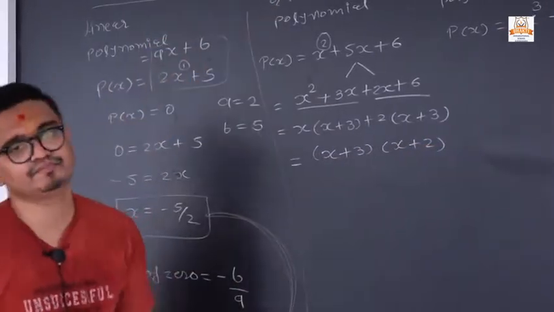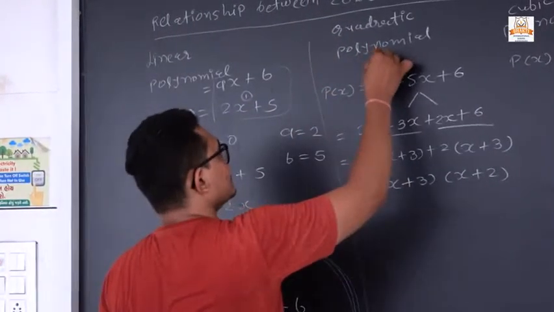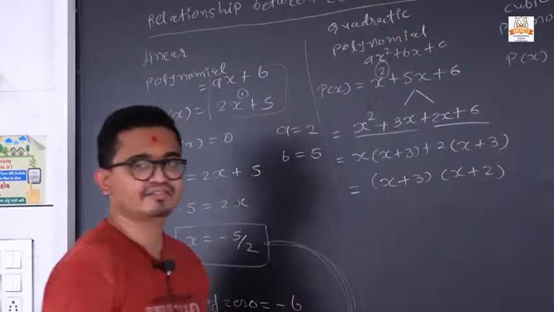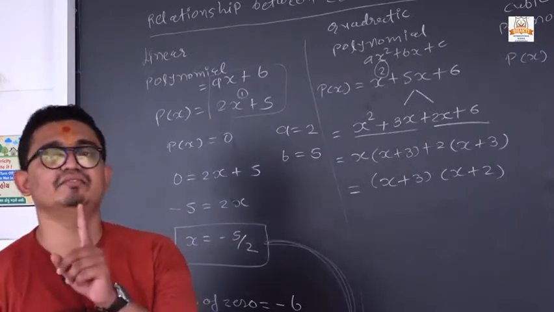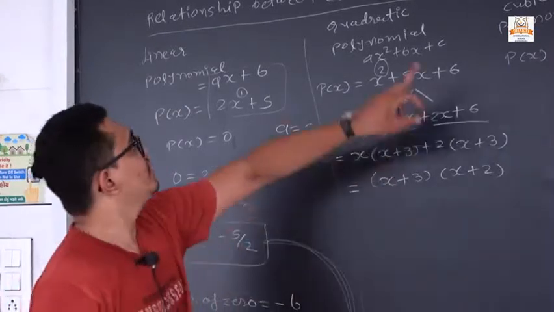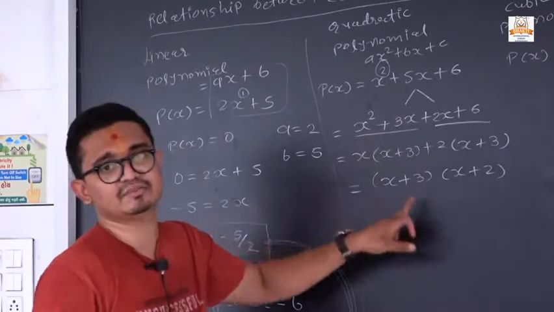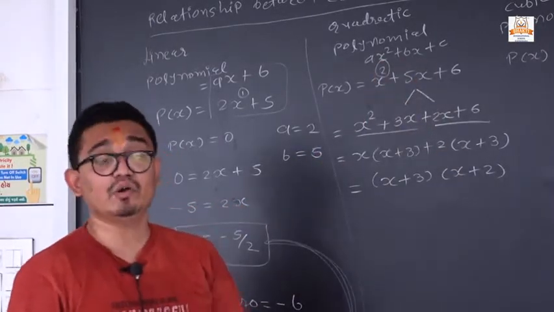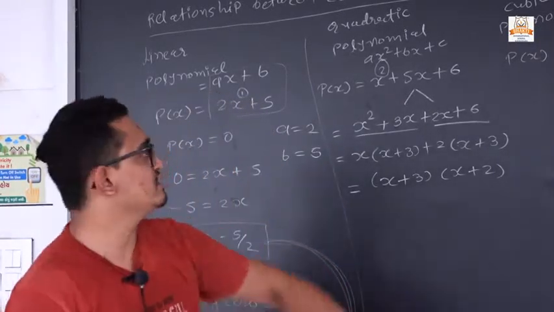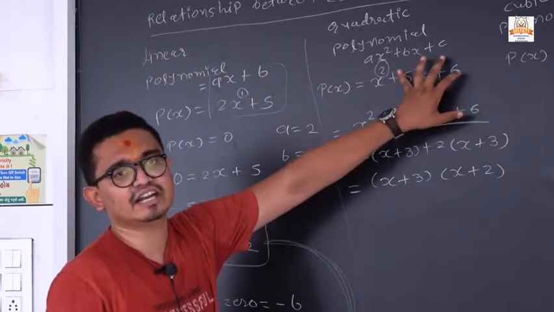So it means what? We can also discuss its standard form. What is its standard form? Ax square plus bx plus c. It is its standard form. So now remember one thing: if we want to find the zeros of a quadratic polynomial, we have one method, which is factorization. We also have a second method. Sometimes factorization is very hard. Here the factors of 6 are easy, but sometimes we have digits that we cannot factorize.